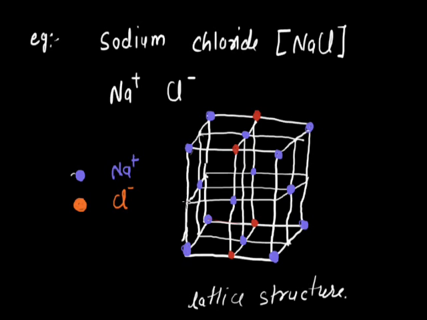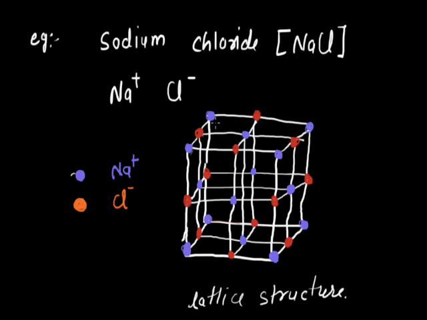First edge is this, and we put Cl minus here. This is the second, we put the second Cl minus here, and this is the third. This is the center of this edge, and this is the center of this edge. The total is 8. Now we select these slant sides. The center of this side is this. Now we put the first Cl minus, then this is second, this is third, and this is fourth. And this is the lattice structure of NaCl.